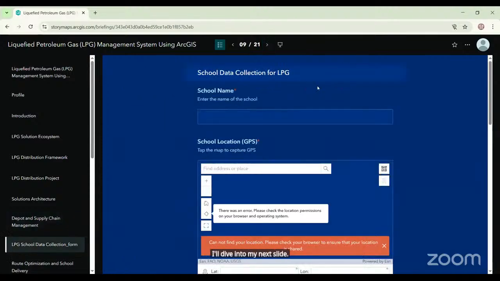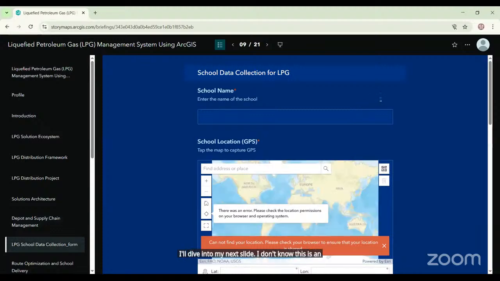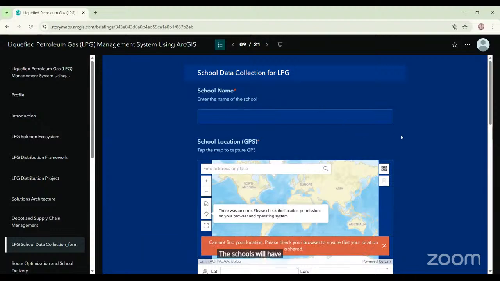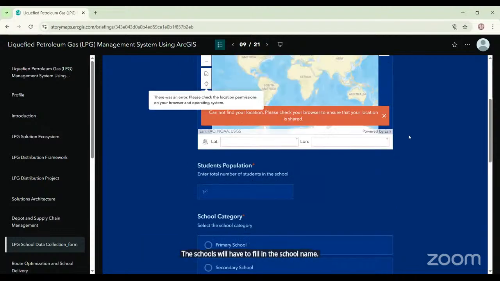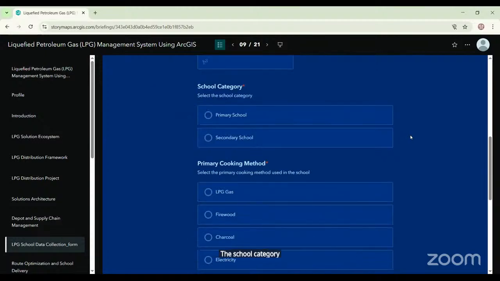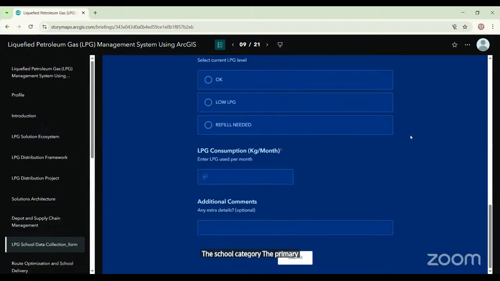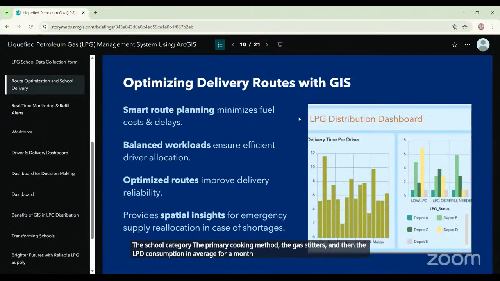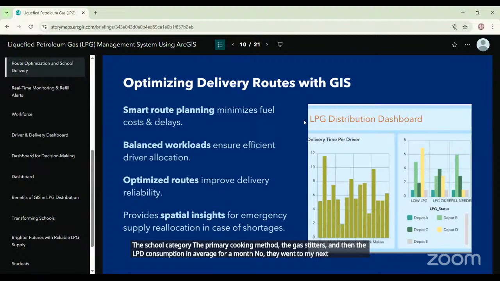Oh, no, this is a Survey123 form that will be filled by the different schools. It will be distributed by the State Department of Petroleum to the different schools in the country. The schools will have to fill in the school name, its location, the school population, the school category, the primary cooking method, the gas status, and then the average monthly LPG consumption. Now I dive into my next slide, which is route optimization and